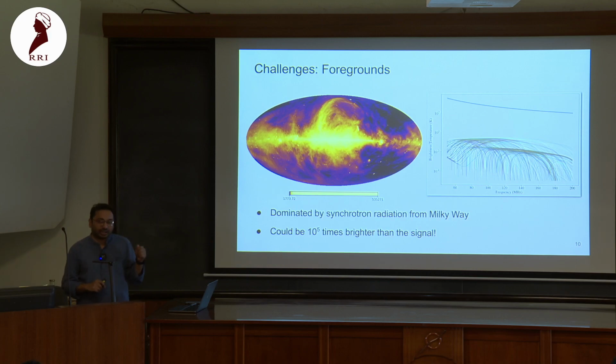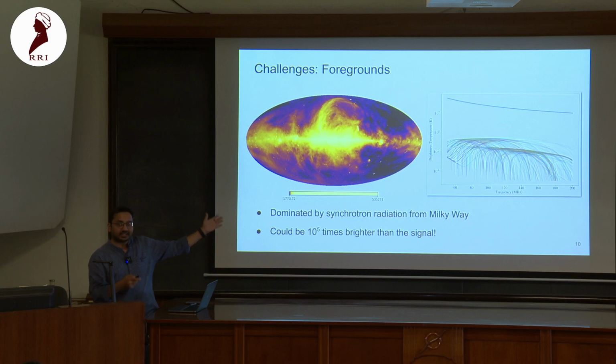Though this is really not the bottleneck, though the dynamic range is huge, and that's mostly because of the spectral characteristics. So from synchrotron emission, we expect a power law-like signature, which is a smoothly varying function in frequency. And of course, there are other radiative processes, but we don't expect a process that can imprint very fine spectral imprints, unlike what we have in 21 centimeter radiation. So if it were an ideal world and we could just measure as it is, we had means to separate foregrounds from the signal, even if the dynamic range is huge.